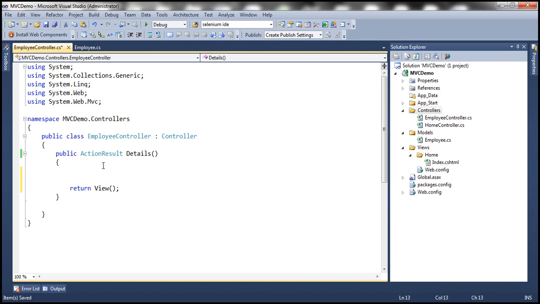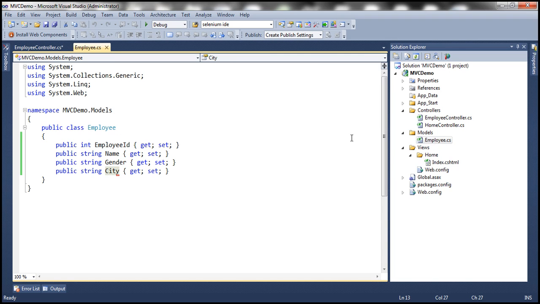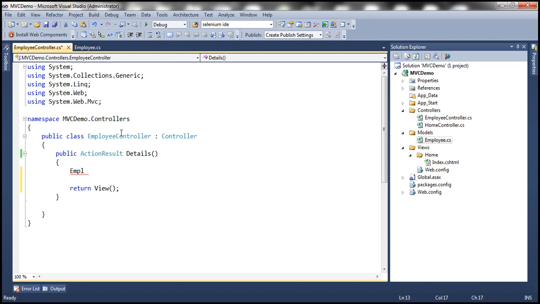Now look at this, I need to use the Employee class, but I don't find the Employee class. Why is that? The Employee class is actually present in this file Employee.cs, and then if you look at the class here, this is present in a namespace called MVC_Demo.Models. And where is our EmployeeController class present? It's present in the MVC_Demo.Controllers namespace. Okay, so obviously if I have to use the Employee class without using the fully qualified name, then it's better